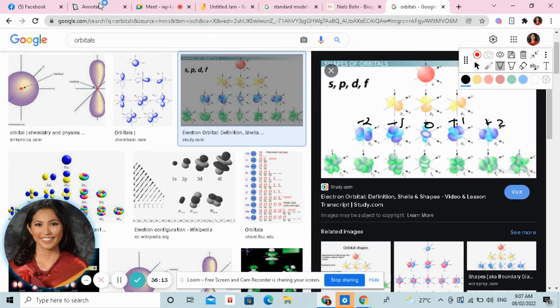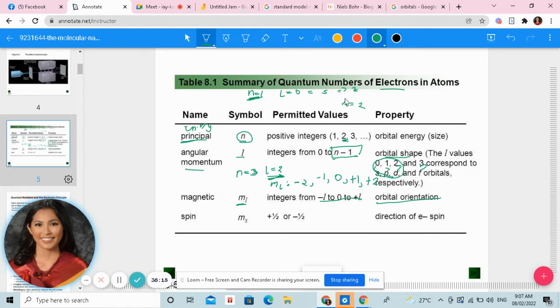Now, also here, if we have this one and L is equal to 1, ML is